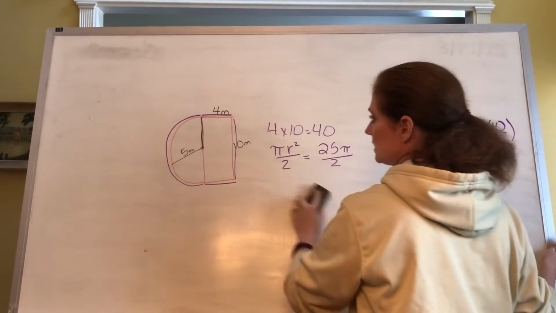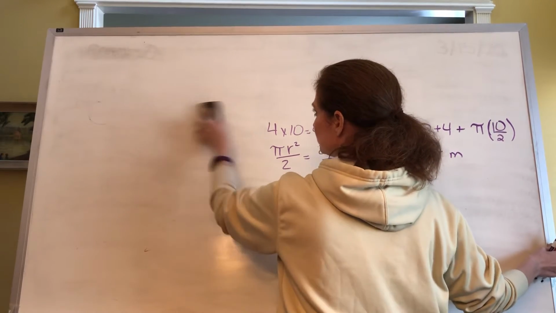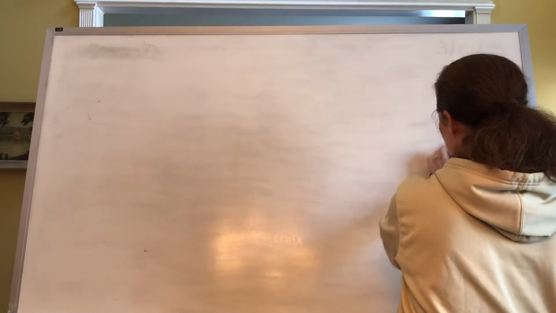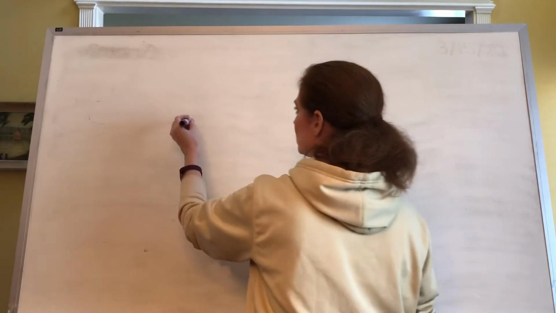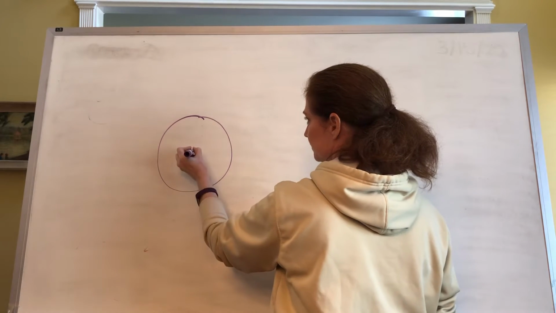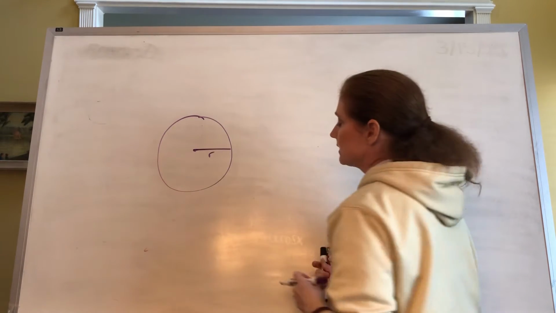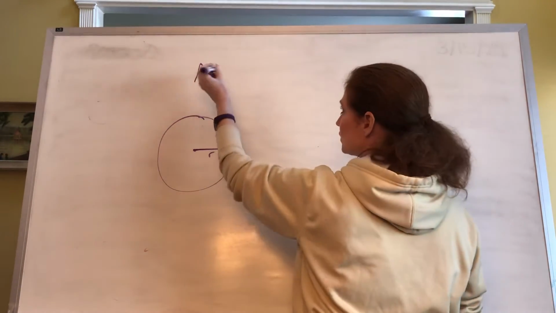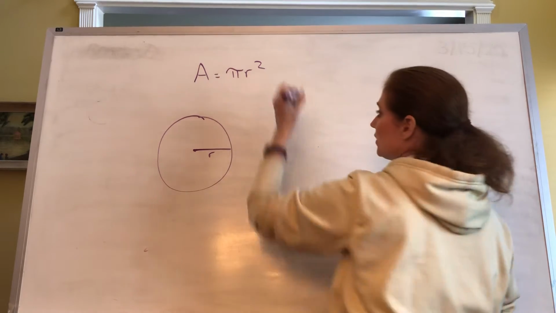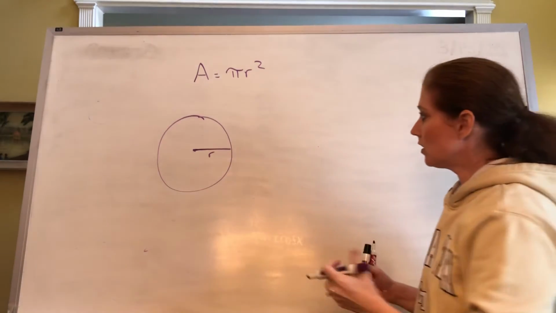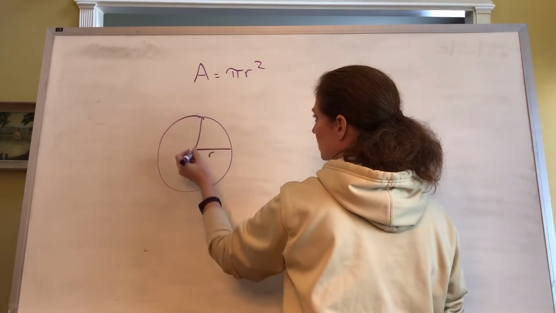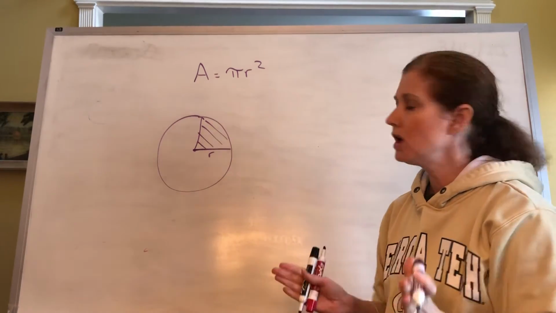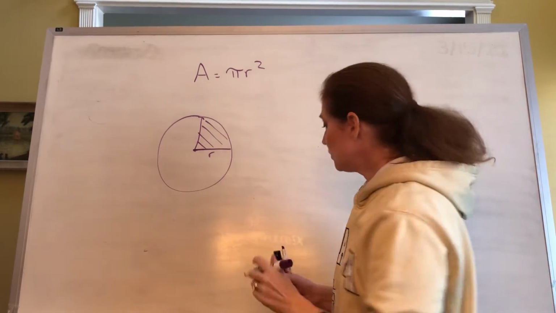Alright, the next piece of this is arcs. And again, arcs, we're going to start with that full circle. And we have our radius r there. Again, area of the circle is pi r squared. If we're doing an arc, which is just a portion of, like a pie wedge piece of that circle, then we're gonna take,